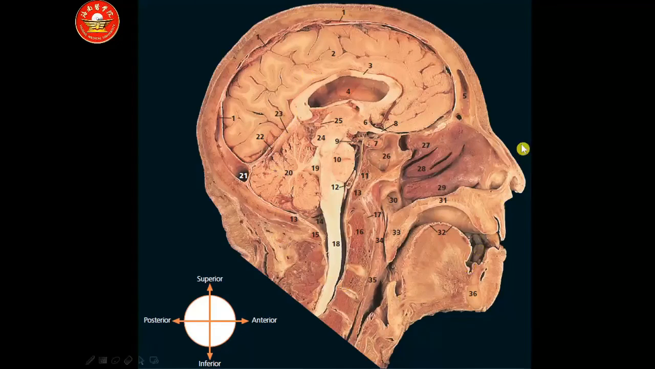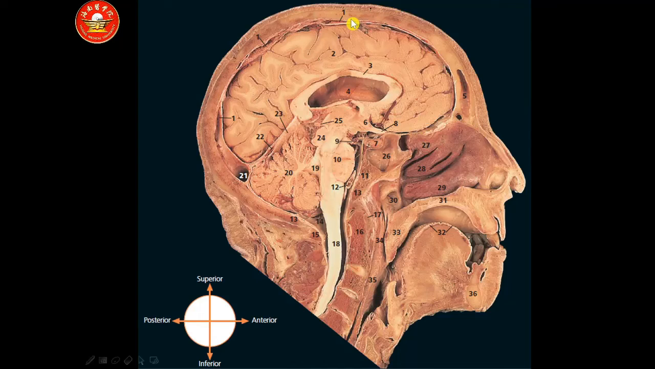Looking at the sagittal view, in which number 1 superior sagittal sinus, number 2 medial surface of the left cerebral hemisphere, number 3 corpus callosum, number 4 lateral ventricle, number 5 frontal sinus, number 6 optic chiasma, number 7 pituitary gland, number 8 optic nerve, number 9 oculomotor nerve, number 10 pons, number 11 clivus, number 12 basilar artery, number 13 here